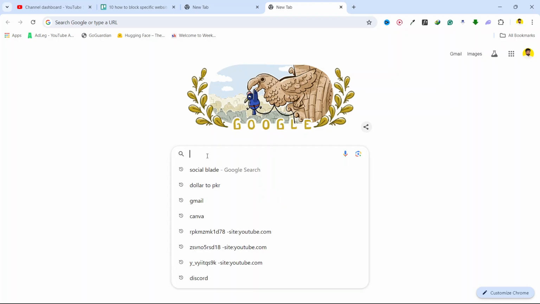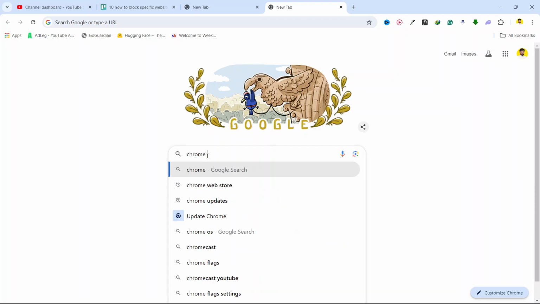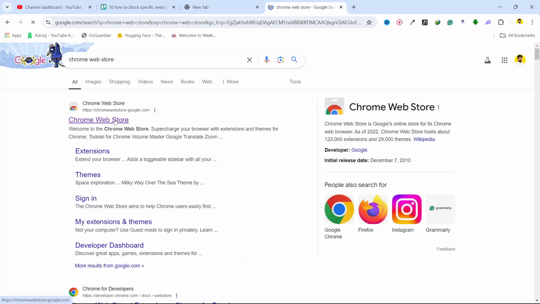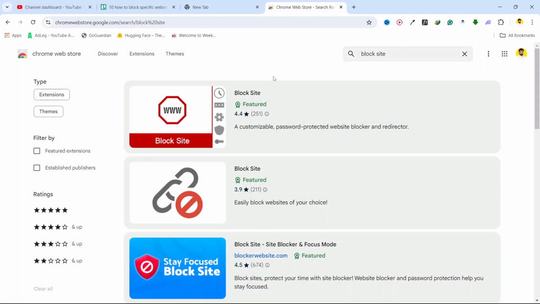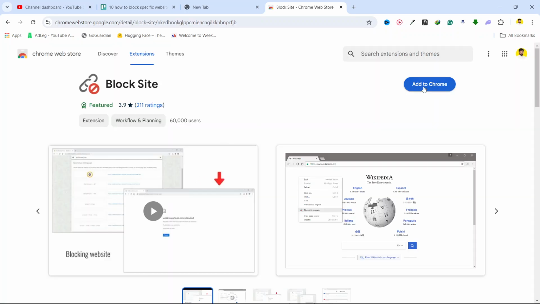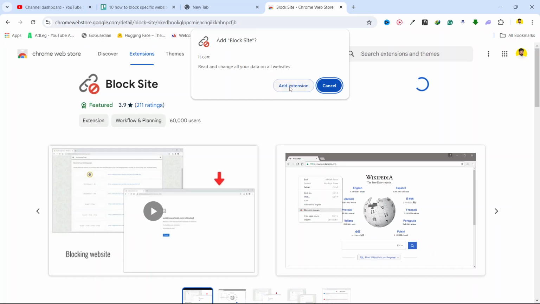So the first step you need to do is to open Chrome Web Store. Once you open, you simply need to click here and search here "block site". Hit enter and here you can see this second one. Click here and you need to add to the Chrome. Click on add extension,